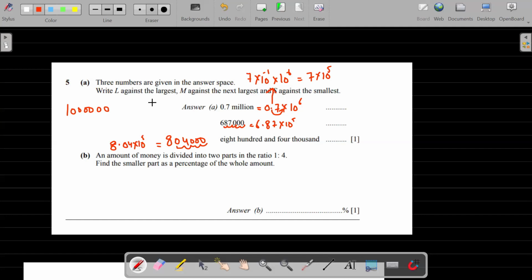अब देखो इन तीनों में से लार्जेस्ट कौन सा है और स्मॉलेस्ट कौन सा है। उसने कहा लार्जेस्ट के अगेंस्ट L वाला, ये largest है, 8 रेज टू पावर 10 रेज टू पावर 5, 8 वन में जो होगा वही लार्जेस्ट होगा, ठीक है। और मिडल जो होगा नेक्स्ट लार्जेस्ट, M वाला, ये वाला मिलियन वाला 7 times 10 raised to power 5, और स्मॉलेस्ट क्या होगा 6.8, ठीक है, दैट विल बी स्मॉलेस्ट।